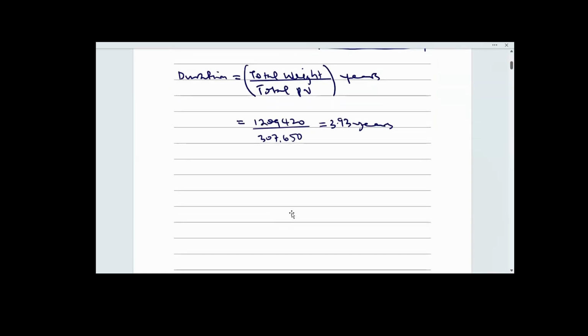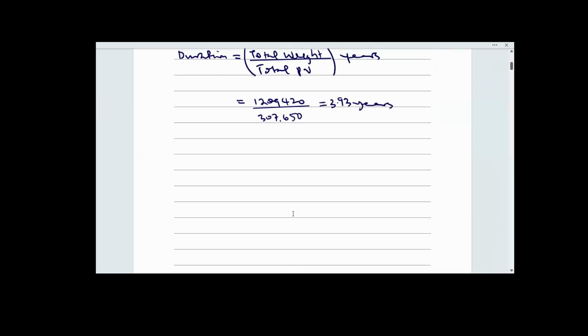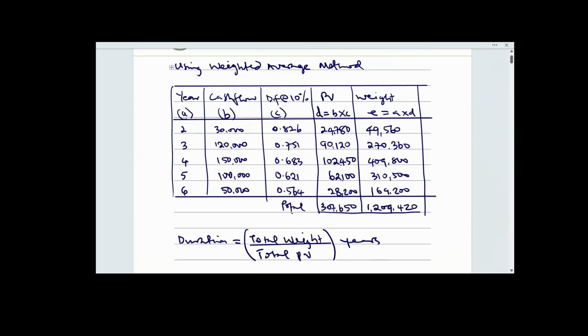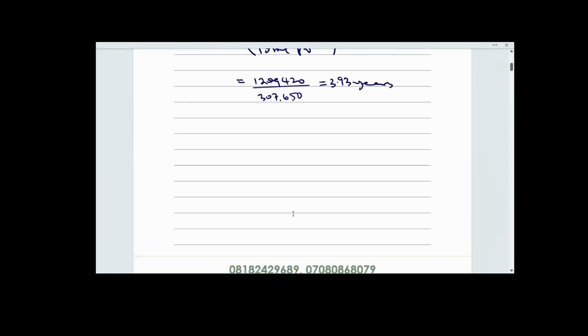So that's that. So if I want to use the present value method, alternatively, let me see if this thing can accommodate. Okay. So alternatively, using a present value method,